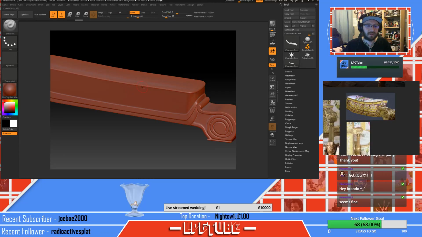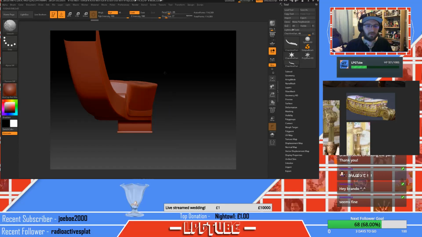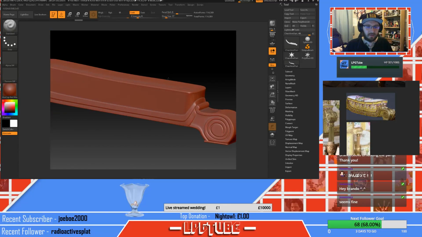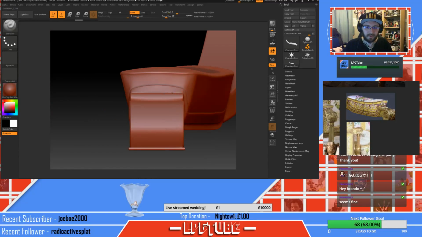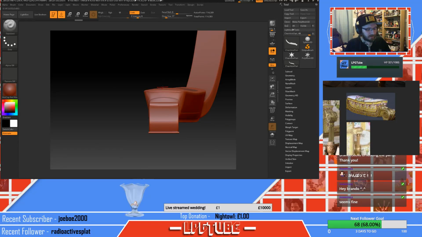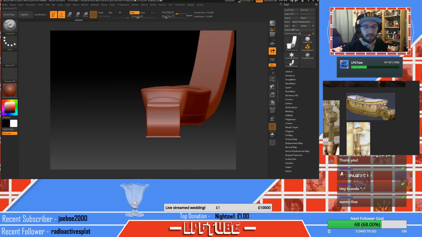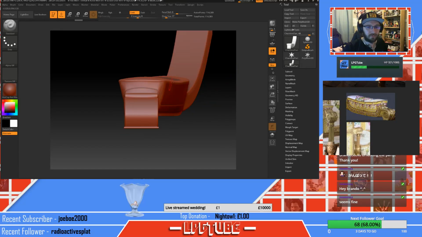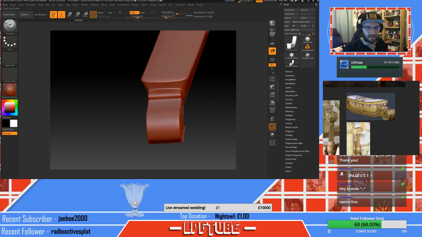So just as a quick test, I'm trying to establish what sort of density my mesh is at. Okay. So I'm going to need a bit more than that, I think. But let's switch to our tablet. Reach around my mic because it's in the way. Okay, so I learned a cool technique yesterday as well, where you can